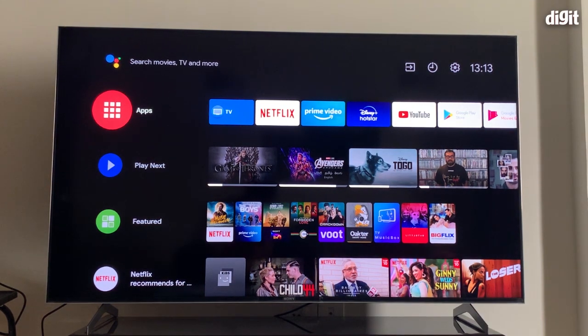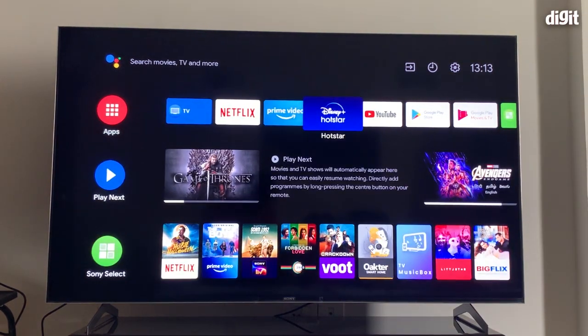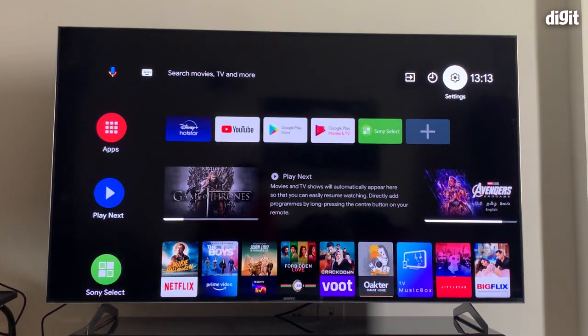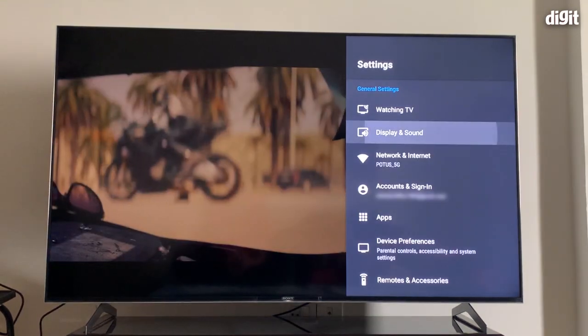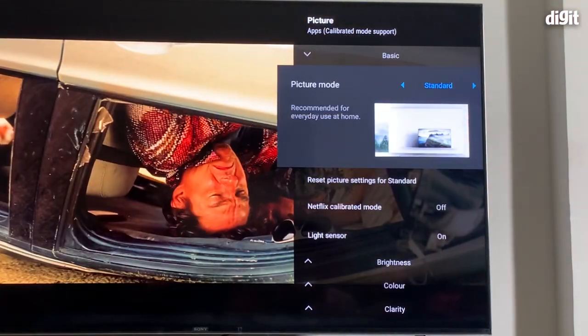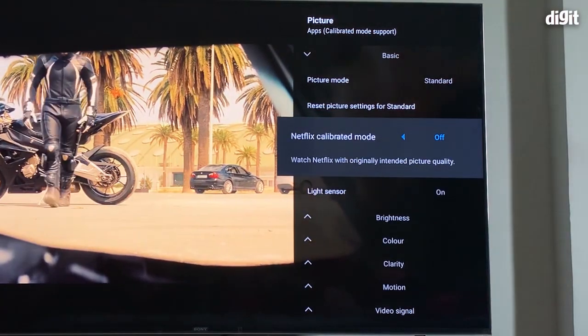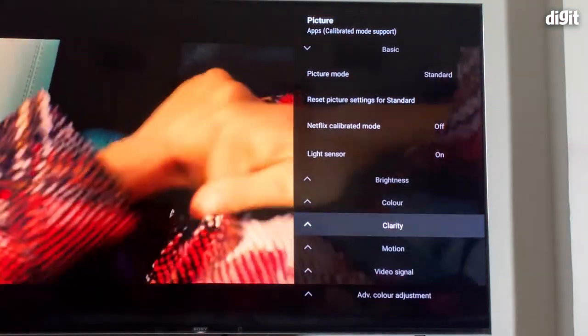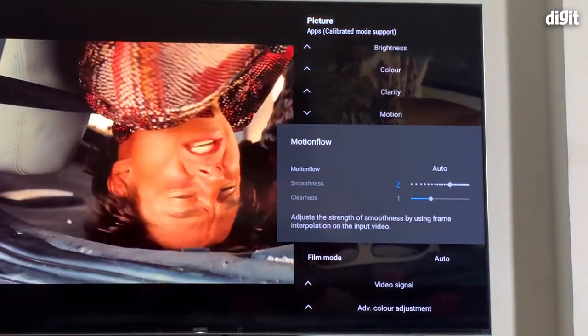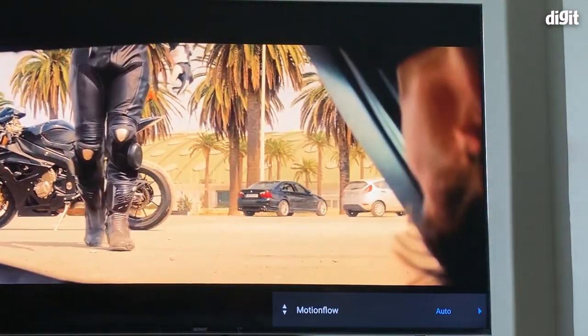And it's a bit of a big deal because the UI brings with it some new elements. So if you're watching content and you press the settings button, you have this nice small row that pops up at the bottom, which will give you things like your brightness, your picture preset, sources. You can actually even customize that row as per your needs. But once you go into the main settings where you will control things like your brightness, your contrast, you actually get this nice little image with a descriptor